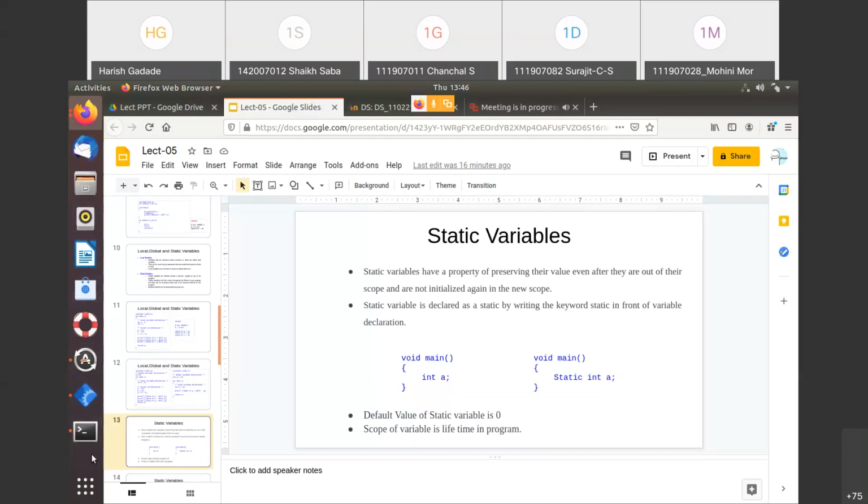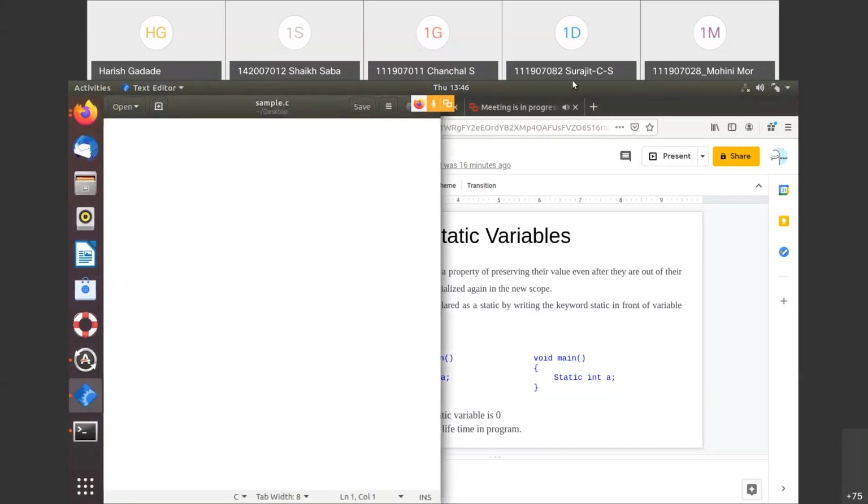If you want to see an example, suppose int a is given, and I print it with printf, a equals %d, or value of a, with a as the argument, right?